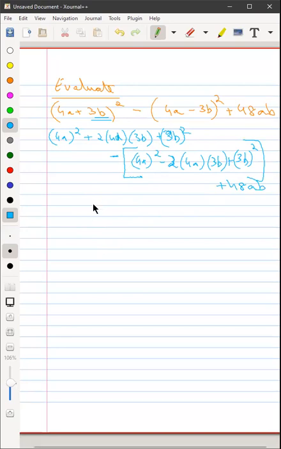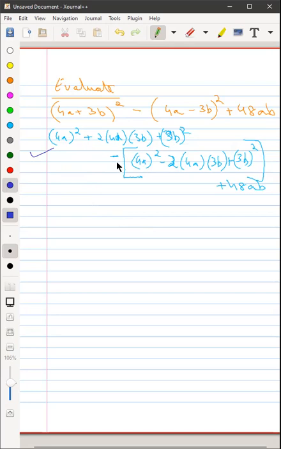Yes, sir. Okay. Anyone thought of doing something differently? Yeah, Ishan? Yeah, first I did, but I figured out another identity, that is (a plus b) whole square minus (a minus b) whole square. Right, correct. Now, everyone, this is one of the methods you could use, okay? But this is a time-consuming method. If you do this, it is not a wrong method, okay? But there are chances of making a lot of mistakes here.